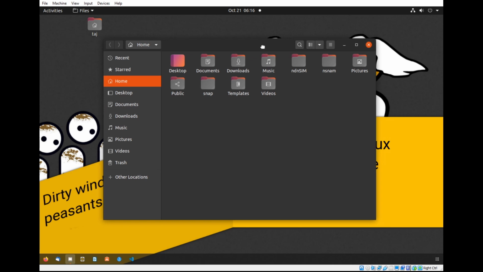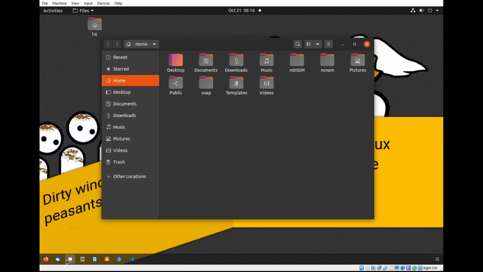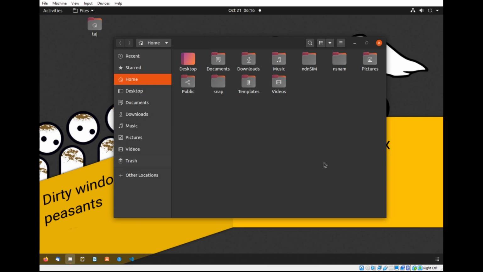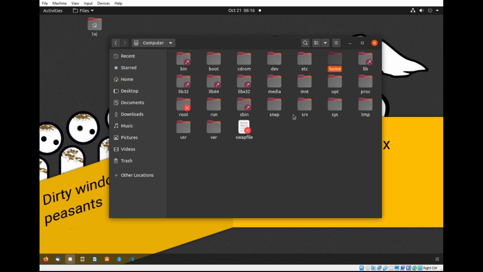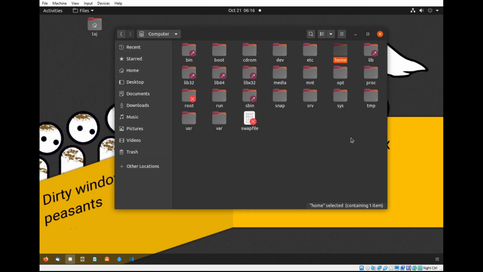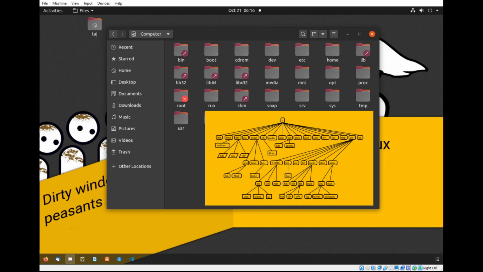Okay. Even though whenever we launch the file manager we land in here, this is not our root directory. Okay. So if we go back, okay, this is it. Now this is called the root directory. The way the Linux file structure works is something called the file hierarchy standard, or FHS. So the file hierarchy standard architecture